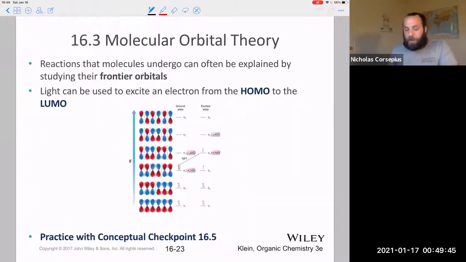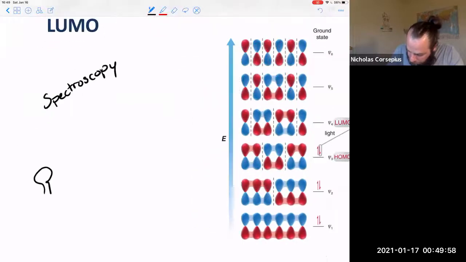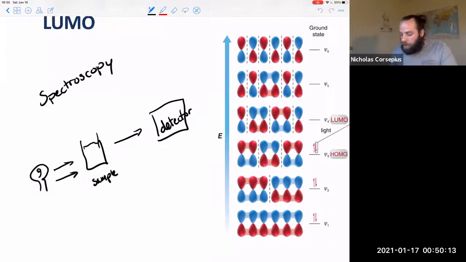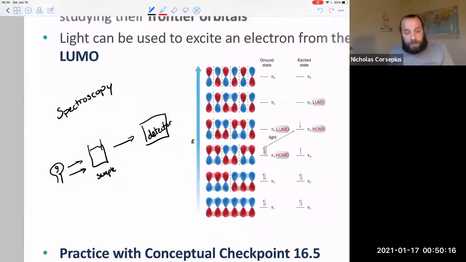Now, in terms of the interaction between matter and light, we were talking about this before with our spectroscopy. In particular, I drew my really well-drawn light bulb where I had photons coming out of it. Those pass through a sample. Some of those photons are absorbed, some of them are not, and I can measure that by what hits my detector. What exactly is happening during this absorption